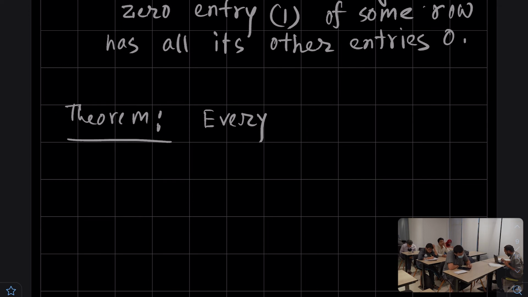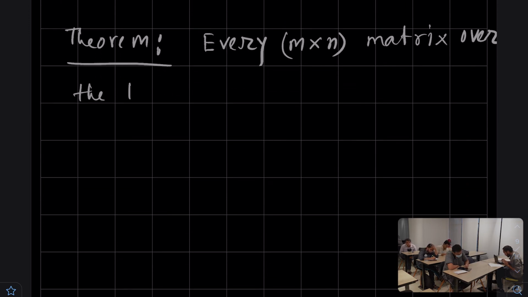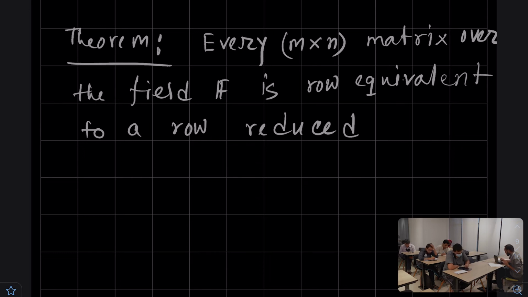Every m cross n matrix over the field here is row equivalent to a row reduced matrix. So we're not going to prove this theorem, but